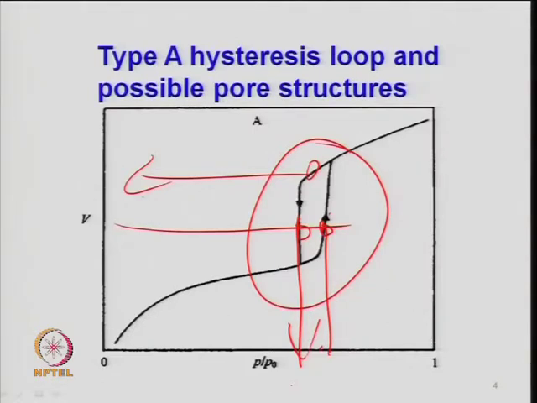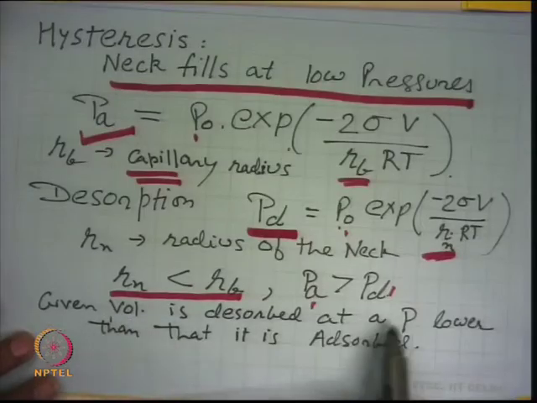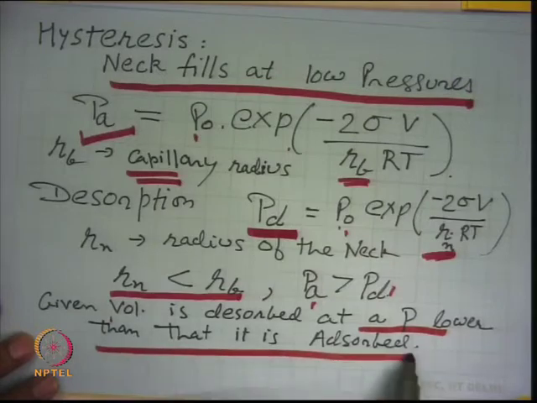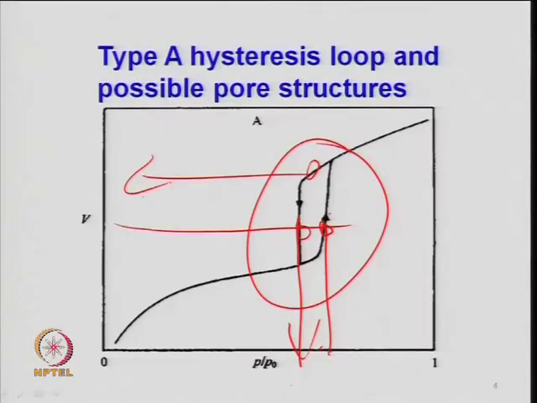And this is what is called the ink bottle effect. Because of the ink bottle effect, it can be layered structures also, right, it can be the case that pores are open from both ends, not straight cylindrical. So, all kinds of complex pore geometry can be looked into once you have this desorption isotherm, right. By having this plot, that is, volume versus P by P 0, you can get the information in terms of this hysteresis, what you call adsorption hysteresis, right. So, a given volume which is here is desorbed at a pressure lower than that at which it is adsorbed, right. That is what you call the adsorption hysteresis.